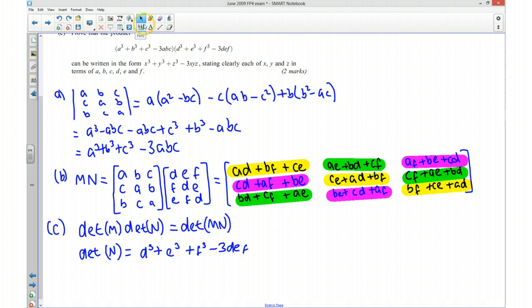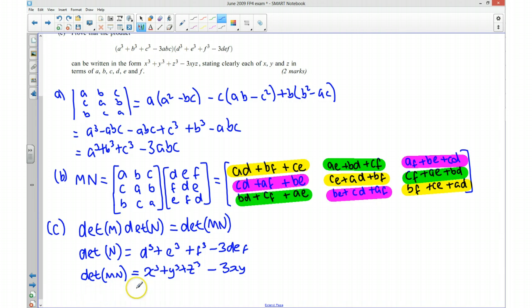So I could say the determinant of MN is going to be equal to, and I'm going to write down x cubed plus y cubed plus z cubed take away 3xyz, where